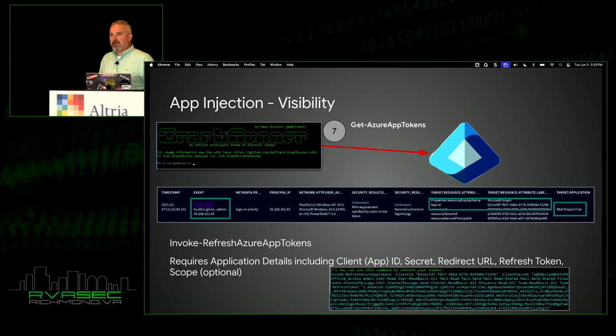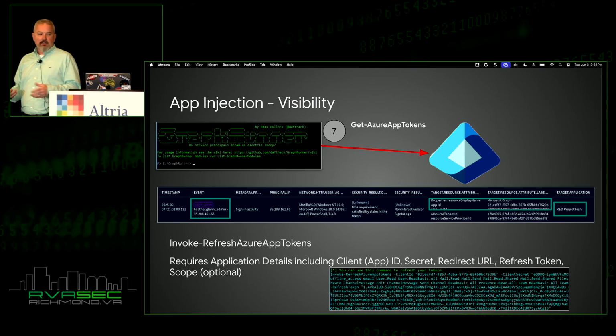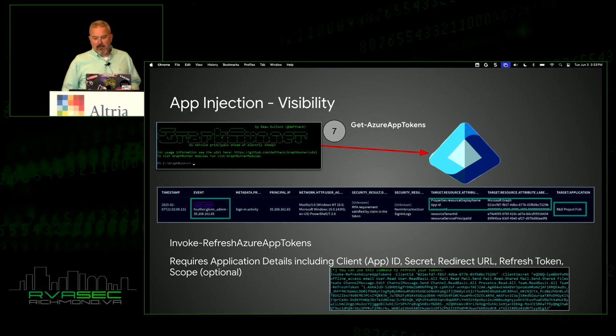And then the last piece, which is that non-interactive sign-in, again, closing the loop. If you don't have non-interactive sign-in logs, you wouldn't necessarily see this last piece, but it's there. And it actually shows you the application name. This is the application of the app that we spun up, R&D Project Fish. In this case, the logging actually has that nice GUID in the application ID, so these are other examples of